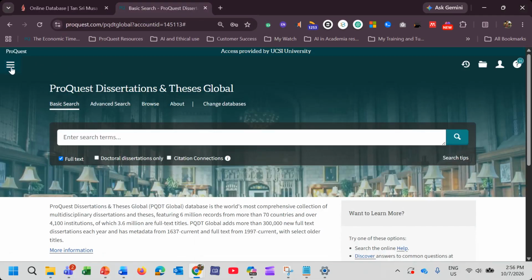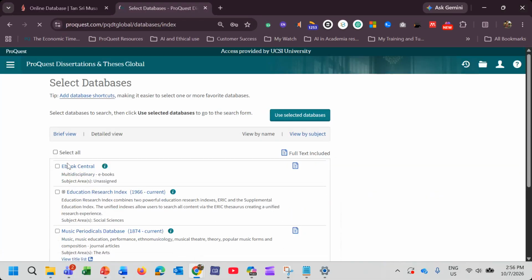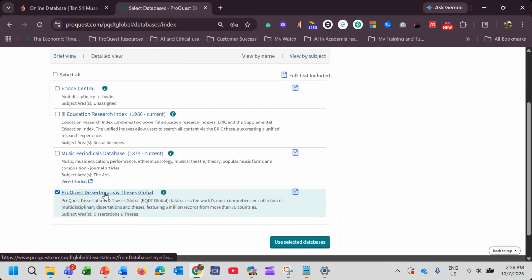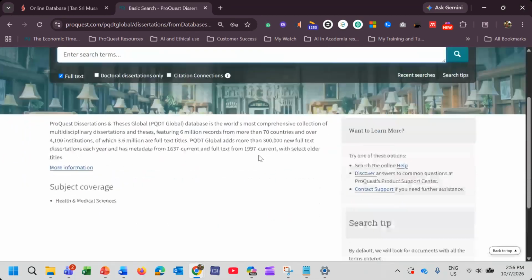Go to change database, either from the three-line menu or from here. As long as you see change database, make sure that you have selected ProQuest Dissertations and Theses Global. Click on that.